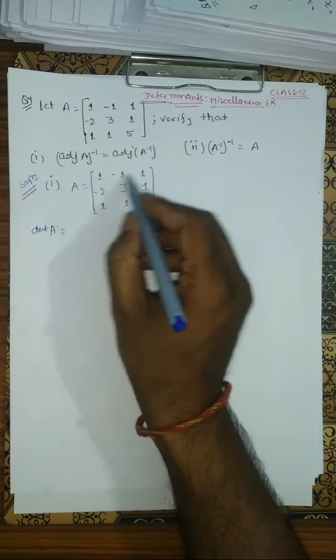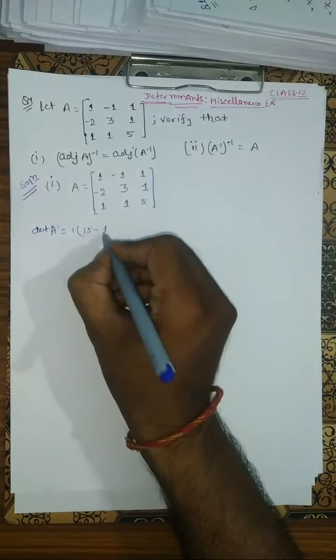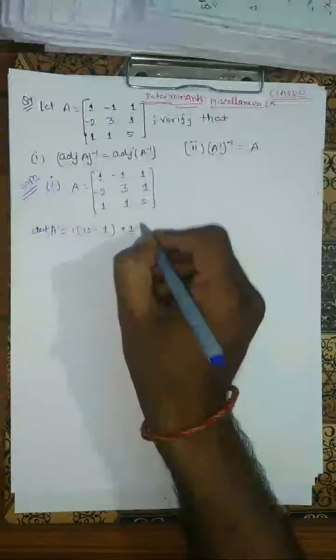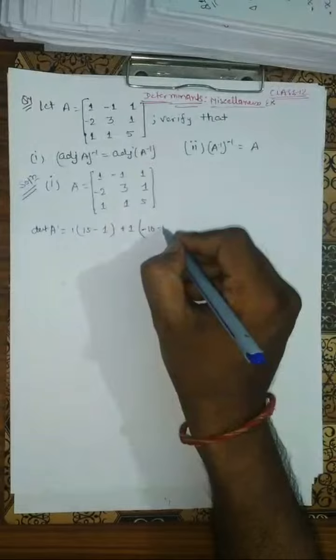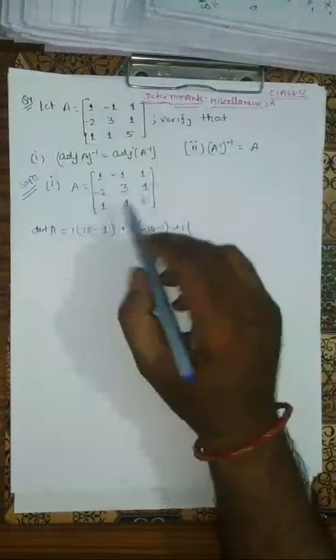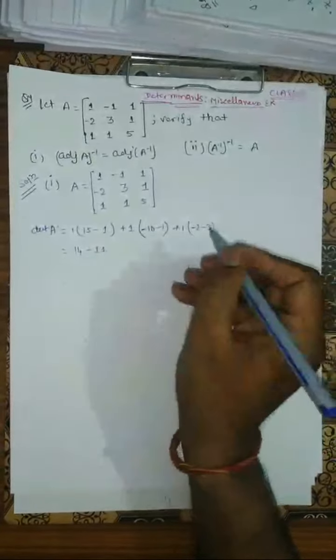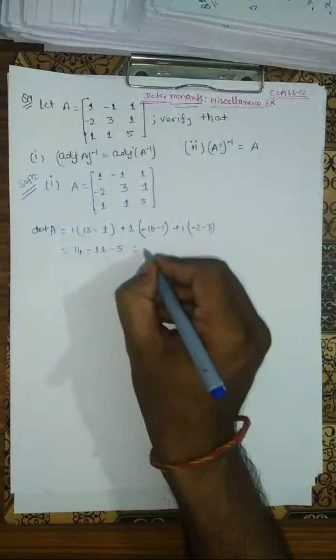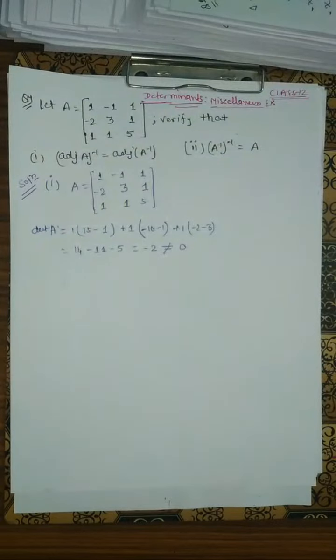according to along R1: 1 into 15 minus 1 into 1, minus minus plus 1 into minus 10 minus 1, plus 1 बच्चों, minus 2 and minus 3. So 14 minus 11 minus 5. That's why minus 2. That's why बच्चों determinant is does not equal to 0. So